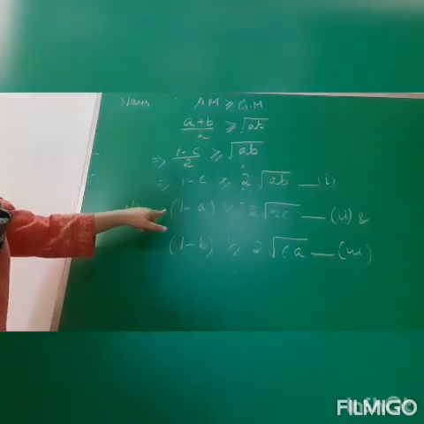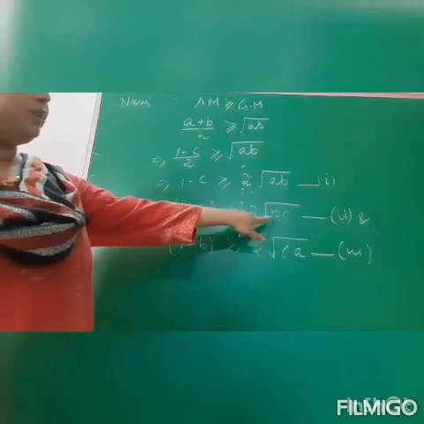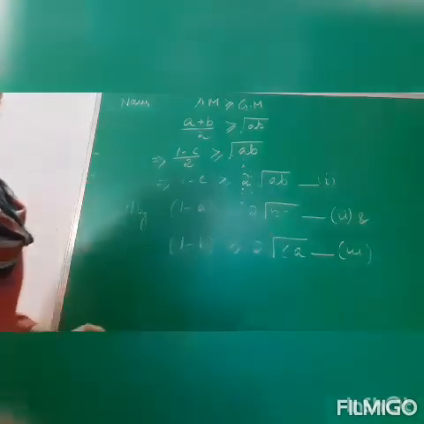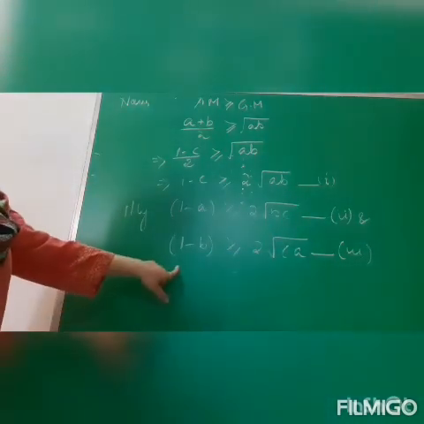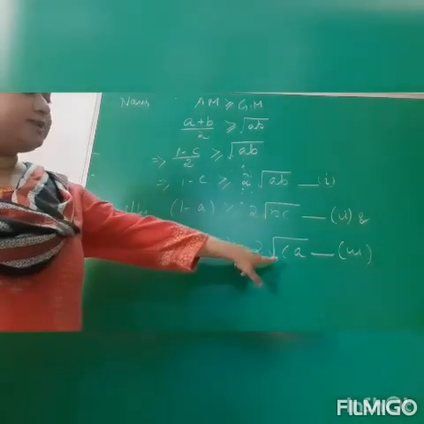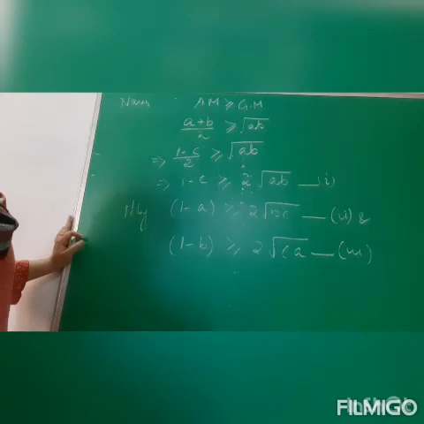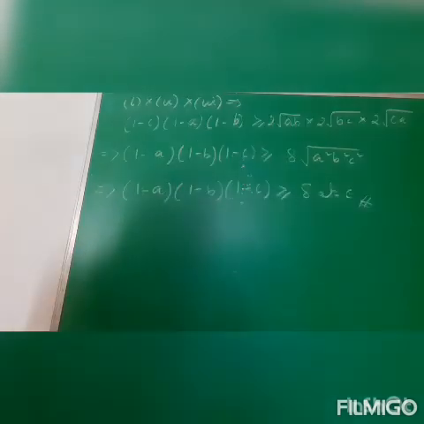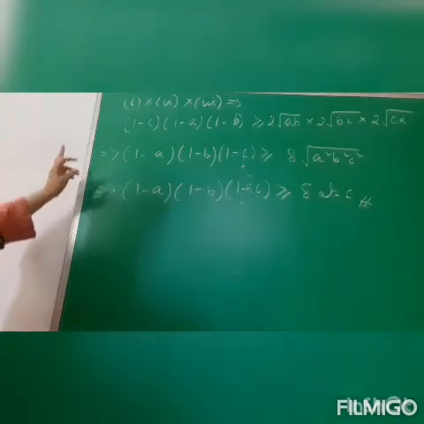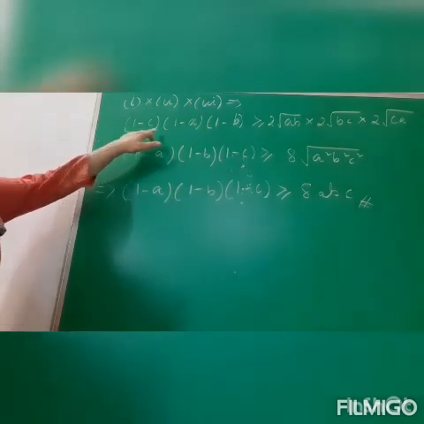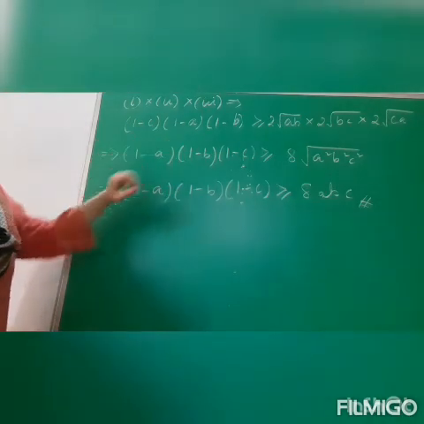Again, similarly we can write 1 minus a is greater than or equal to twice root over bc. Keep this one as equation 2. And 1 minus b is greater than or equal to twice root over ca. Keep this one as equation number 3. Now multiply these three equations. Now if we multiply these three equations, we get (1 minus c) into (1 minus a) into (1 minus b)